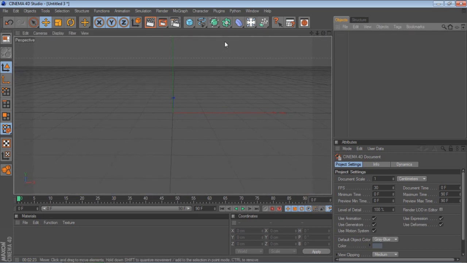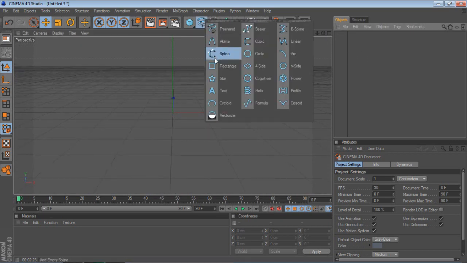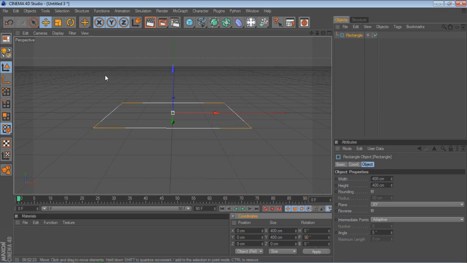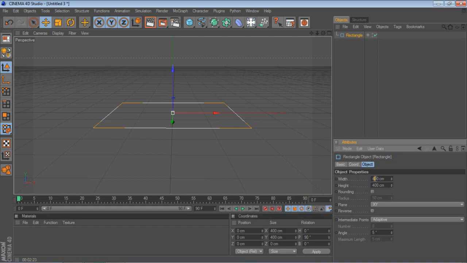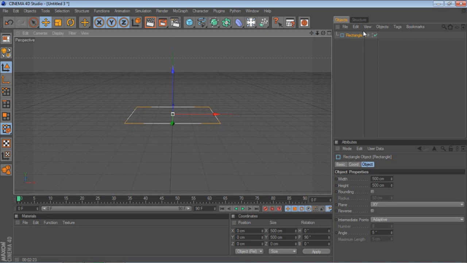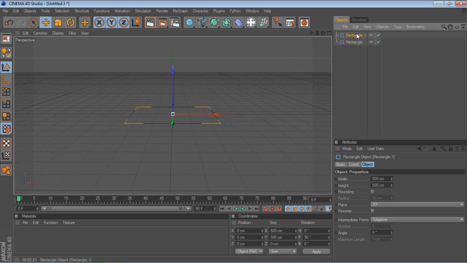So to start off, you're going to want to go to the splines, and you're going to get a rectangle spline. You're going to click on object, go down to the y-axis, and change the rotation to 90 degrees so that it is parallel to the grid. You're also going to want to probably change the size to about 500 by 500, because I think this is the best. And then you're going to want to press Ctrl-C, Ctrl-V, Command-C, Command-V on Mac in order to duplicate